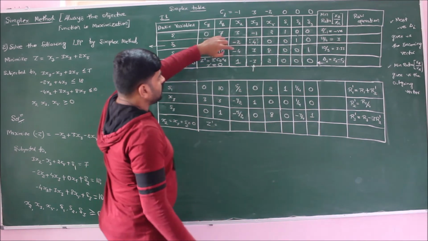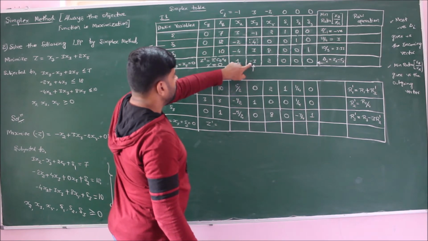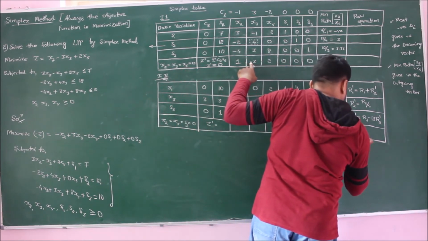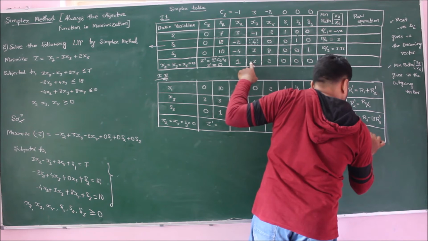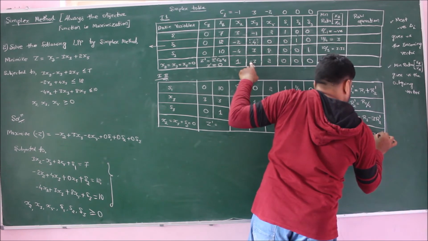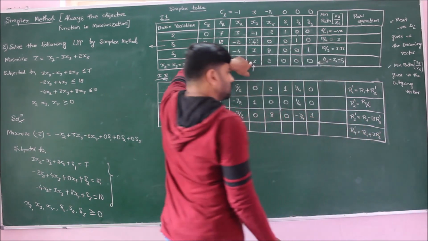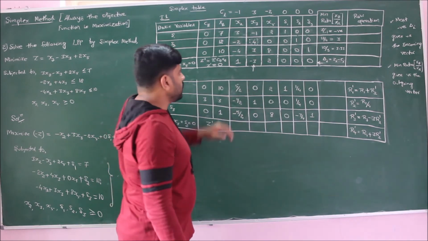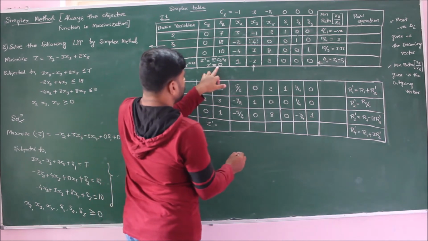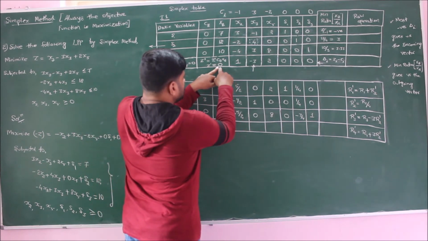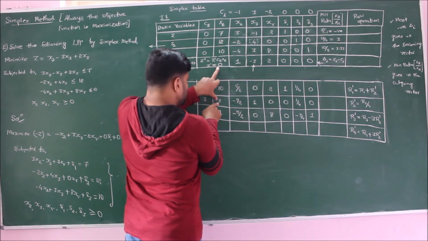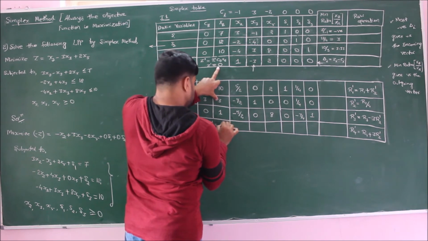Next, coming to row 4, we have minus 3, I should make it 0. So row 4 prime will be equal to original row 4, we have minus 3, so that would become plus 3 times R2 prime, that is R2 dash, using which I should make the elements above and below the key element zeros. Now here I have 0 plus 3 times R2 prime. So 3 times R2 prime is 3 3s are 9. 0 plus 9 is 9.